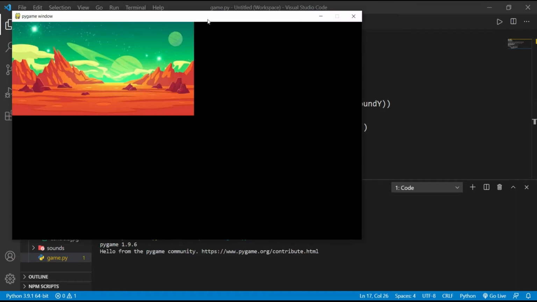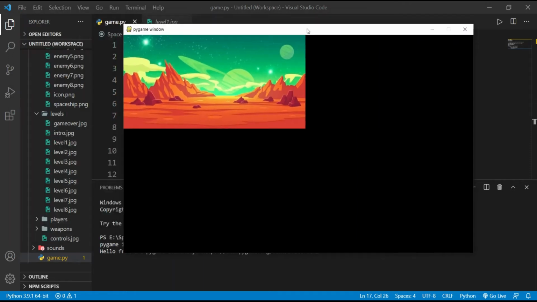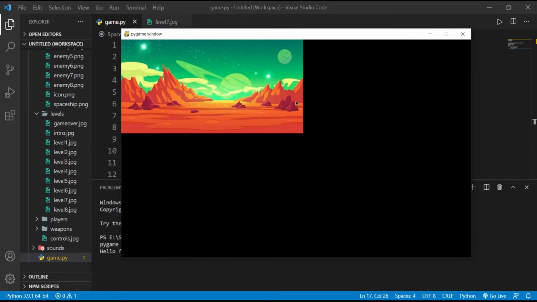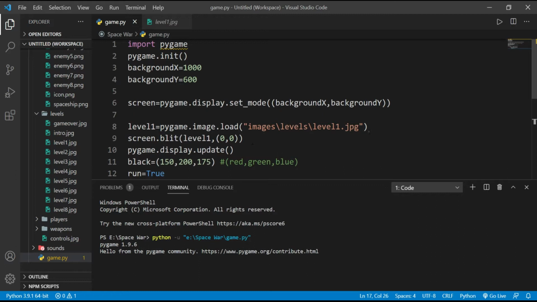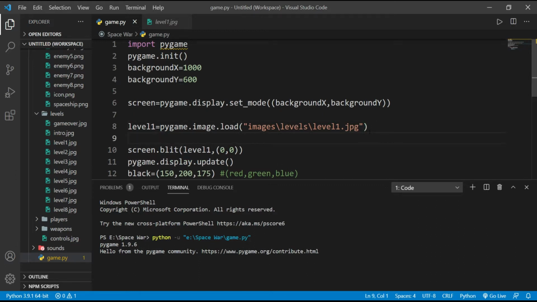So as you can see, it has given us this. I know that our image is not the same as our screen size, so for that you can use manual adjustments. You can crop the image size to our game size, and there's one more method which is by coding. So let me show you how you can do this same thing by coding.